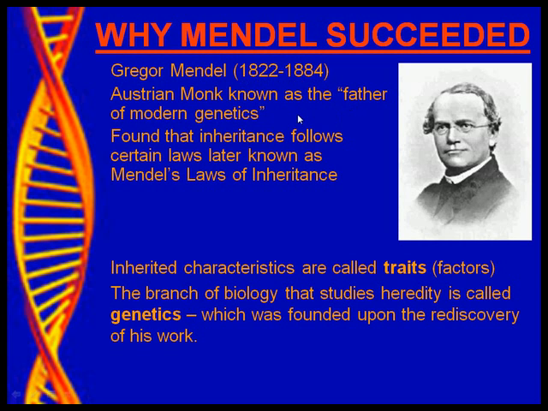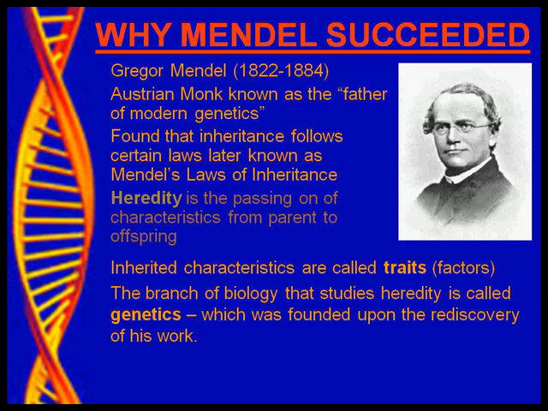So anyways, he was an Austrian monk. He's known as the father of modern genetics. Not that this is important, but it's related because monks have a lot of time on their hands, and so when he's breeding pea plants, you can imagine the time he had to get into very specific details and carry out pretty tremendous work. What he found was inheritance of traits in pea plants that later became laws, and they are known as Mendel's laws of inheritance.